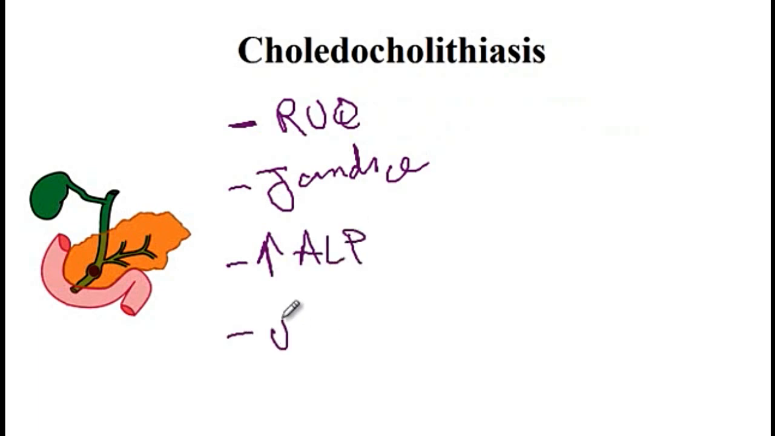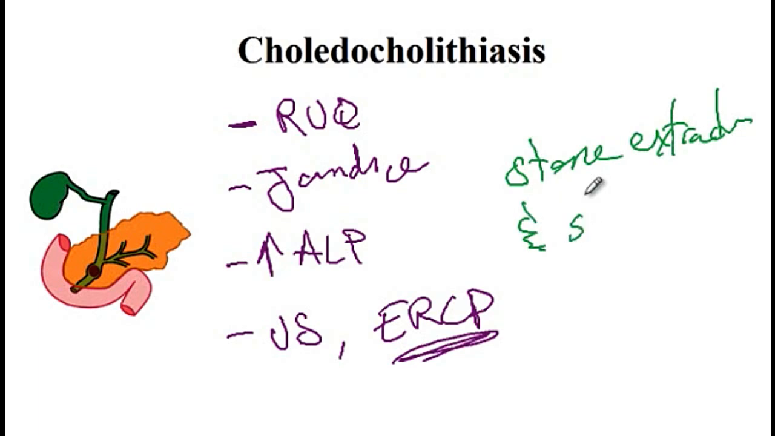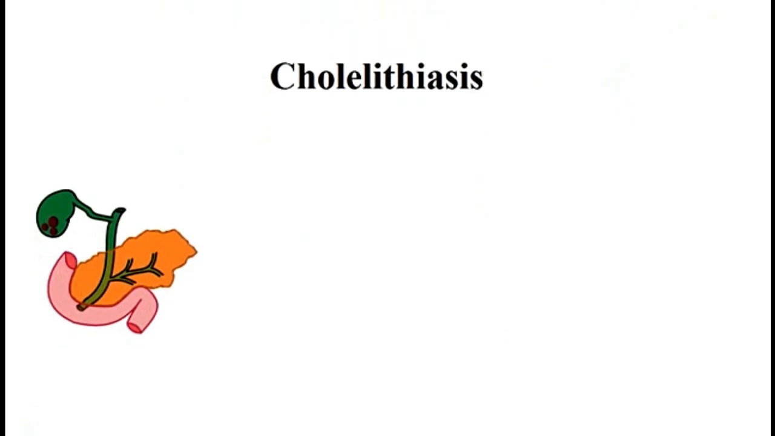And then for the diagnosis, you can perform the ultrasound or ERCP, which are the gold standards. And then for the treatment, you can perform stone extraction and stent placement. The next condition is cholelithiasis, where there are gallstones present inside the gallbladder, and